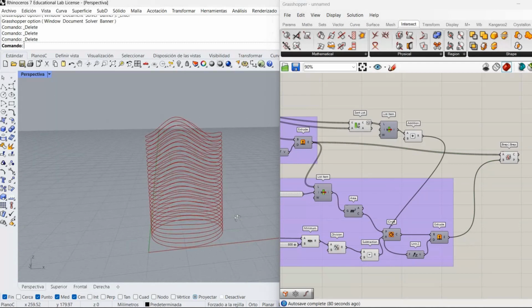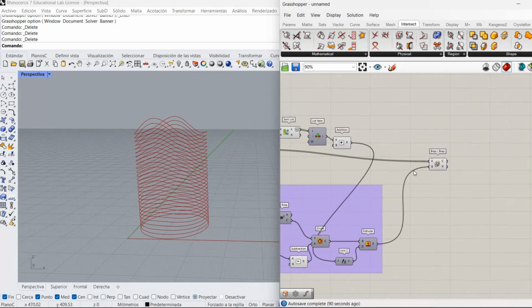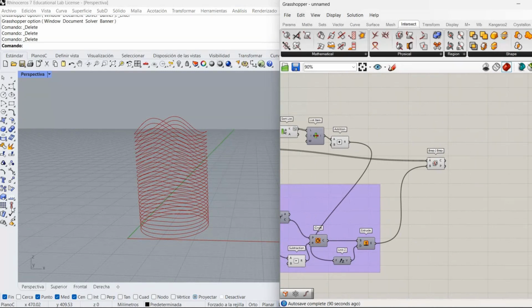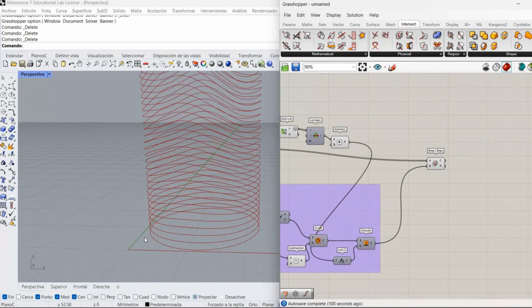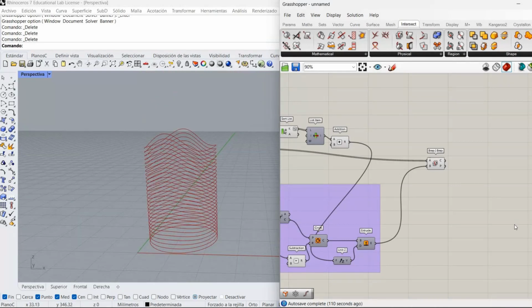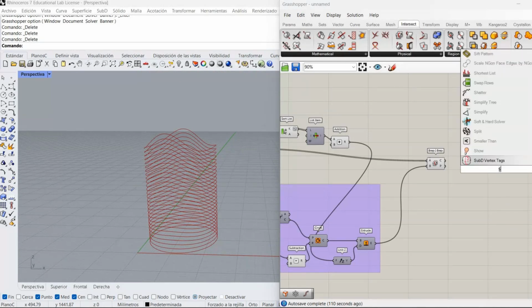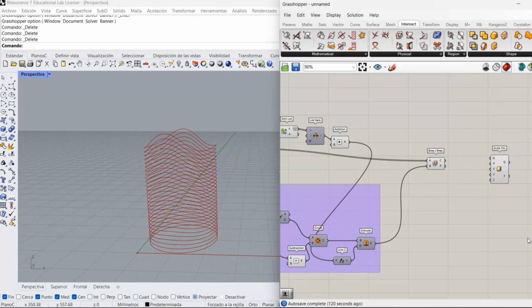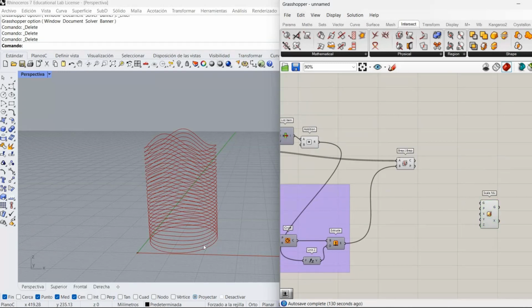The next thing that we will do is scale them. So we need to scale some of them towards the middle, or we could make them bigger, but we want to scale one, and the other one we will leave as it is. We'll scale one, then leave one as it is, and so on. So I'm gonna get this scale component, non-uniform, because I'm only gonna scale on the X and Y axis. Before we scale, we need to separate one curve from the next one, and so on. To do that, we're going to use the dispatch